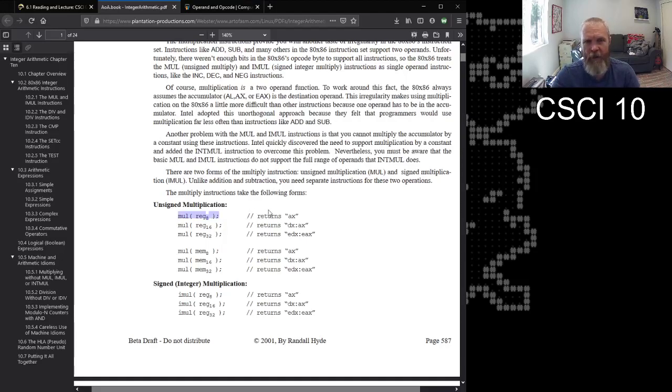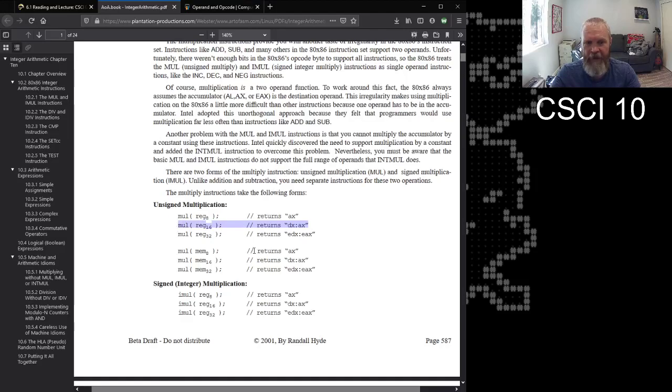The other thing to note is that when you do 8-bit multiplication, you get a 16-bit result, which is quite nice, which means that you can't, in reality, overflow multiplication because your result is always stored in twice as much space. So that's nice to know. Now here's something that's a little awkward.